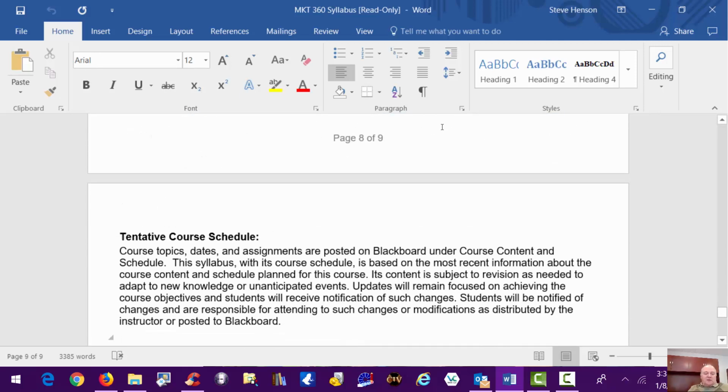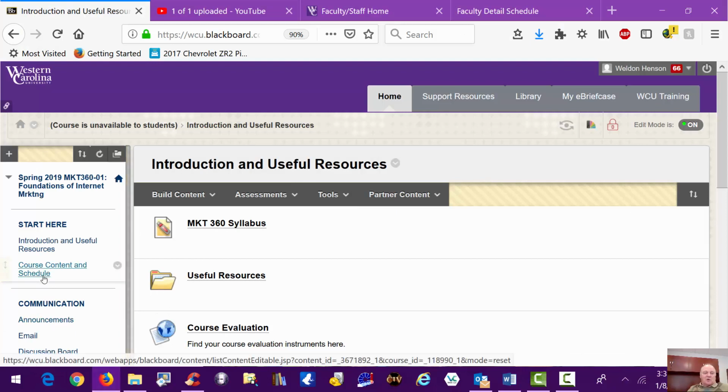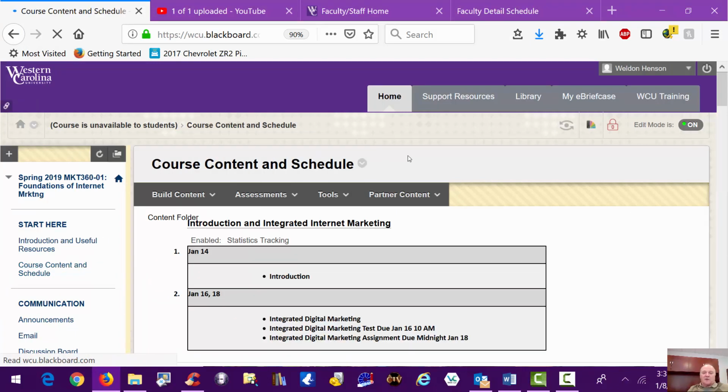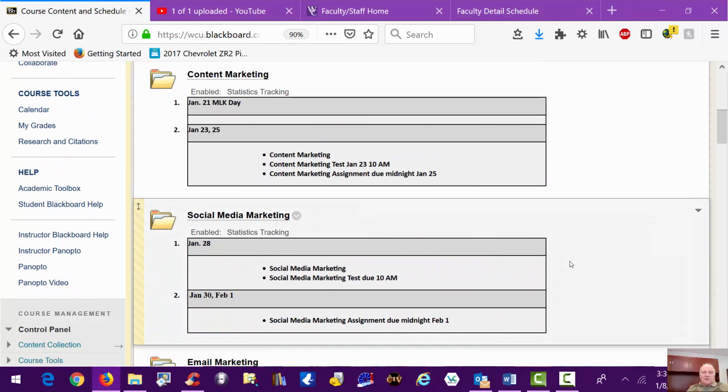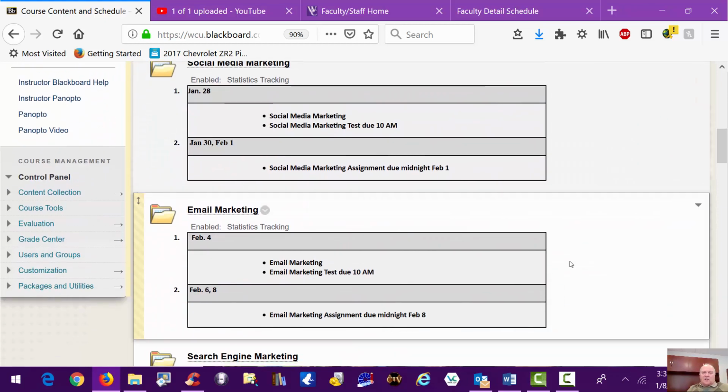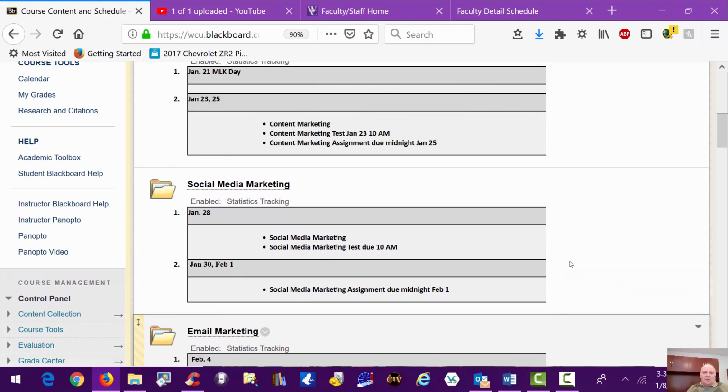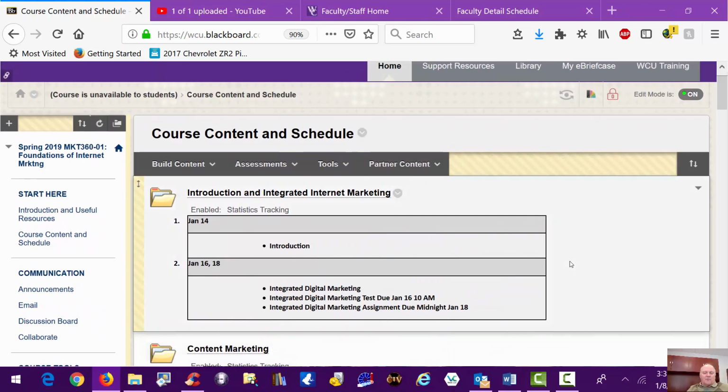And to prevent the confusion that always arises from having one schedule in the syllabus and another one on Blackboard, I've decided to have one schedule, and that one schedule will always be on Blackboard, and I linked it to my syllabus as you saw there. And you'll see each of the modules, each of the dates, each of your due dates will be on Blackboard.